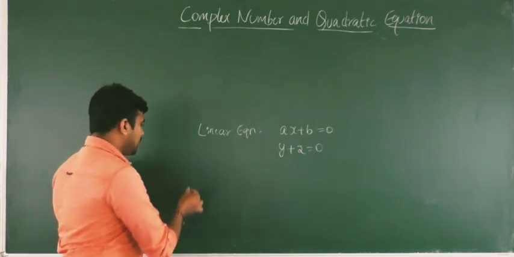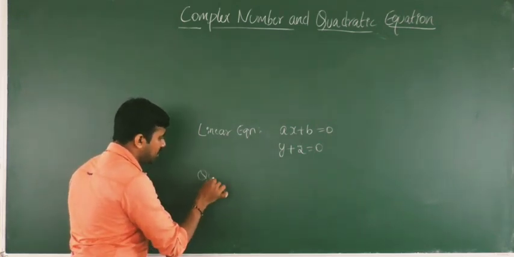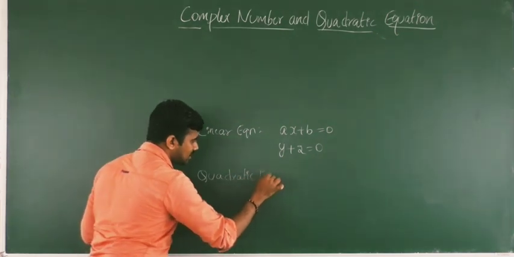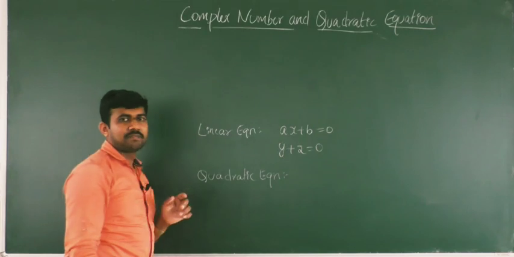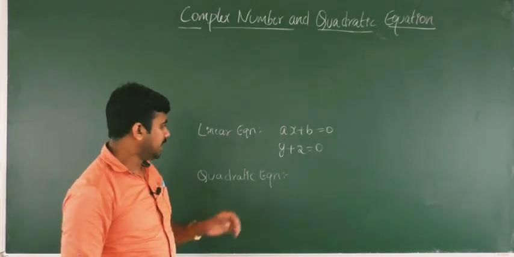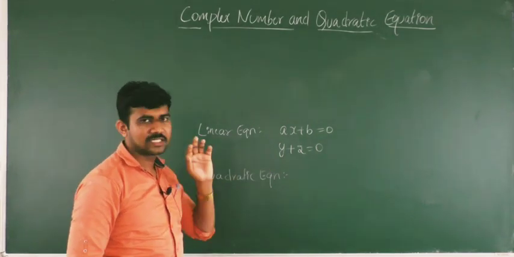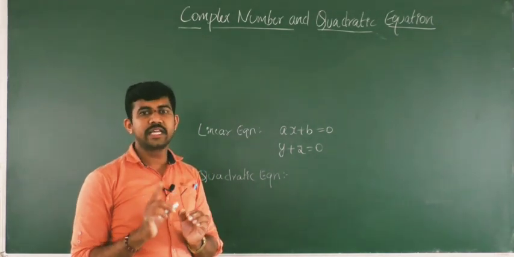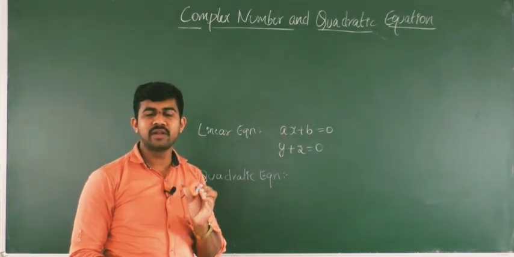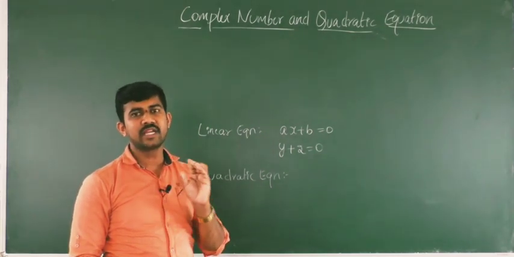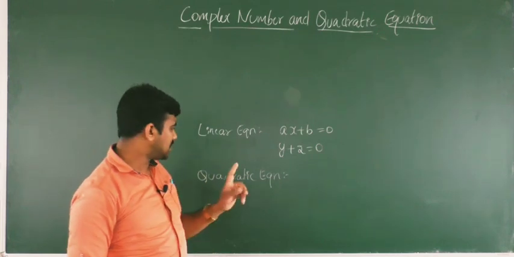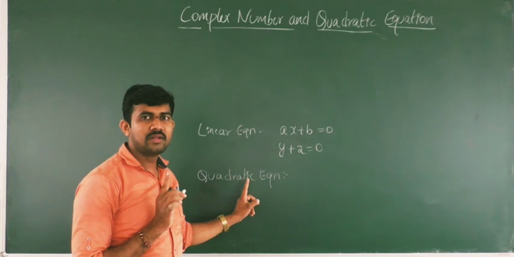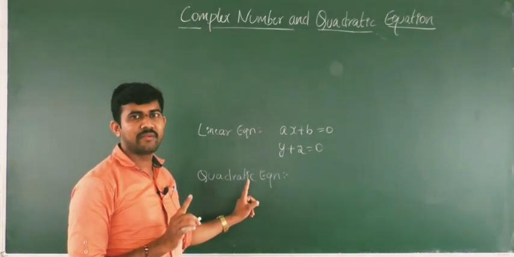And also next you studied about the quadratic equation. So what is meant by a quadratic equation? Just remember it. A quadratic equation is an equation in which the degree of the variable is 2. Degree means what? The highest power of a variable present in the given equation. So the degree of the equation is here 2. Degree of equation is 2.